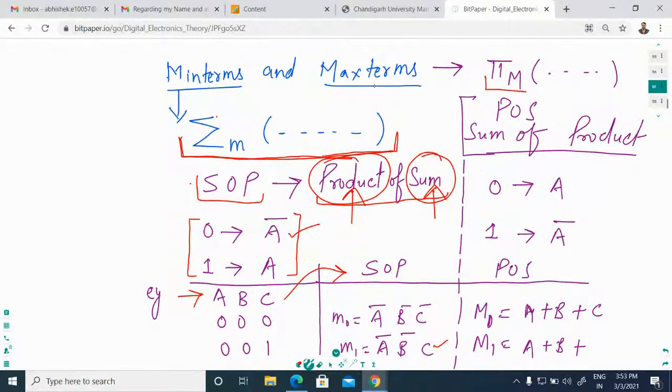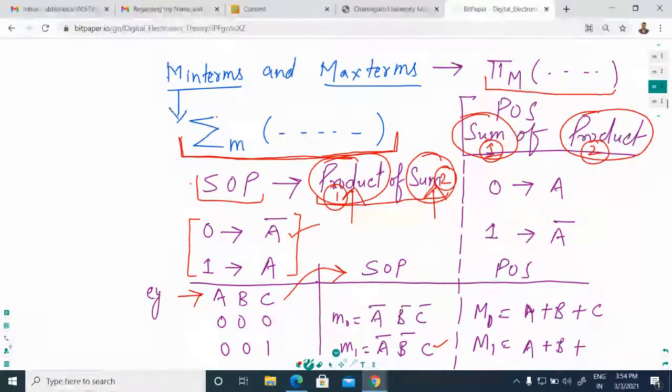A max term can be represented by product of sums, where we perform the summation first and then the product. We perform the first operation as sum and the second operation as product, whereas in SOP we perform the product first and then the summation. How do you represent these bits? 0 is represented by A and 1 is represented by A bar. That means you have to put a bar if you want to represent 1.